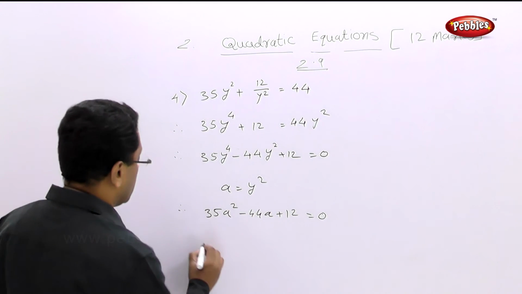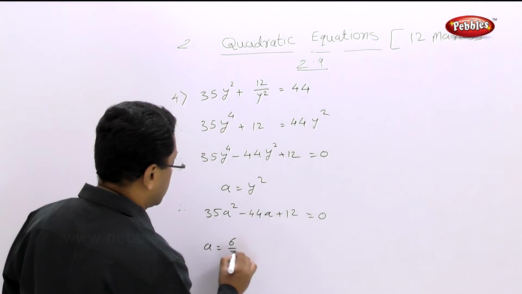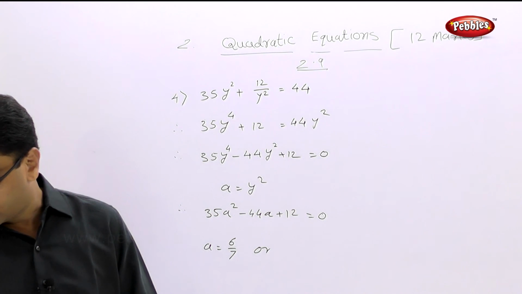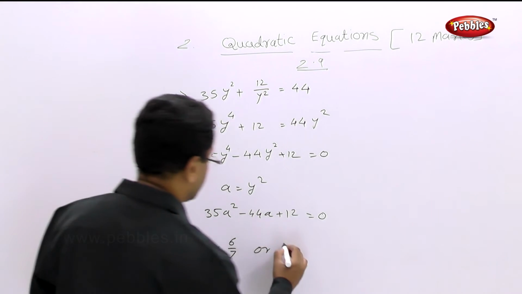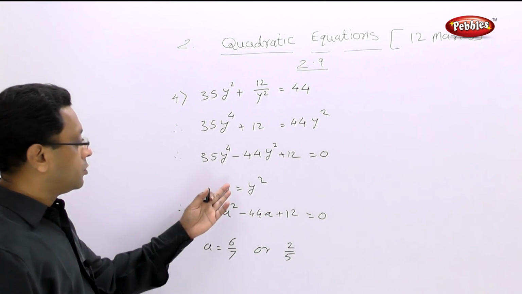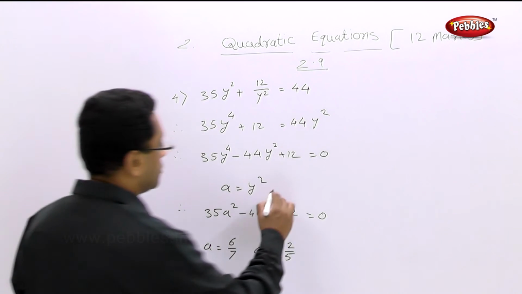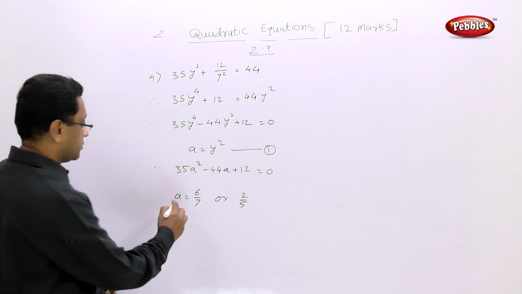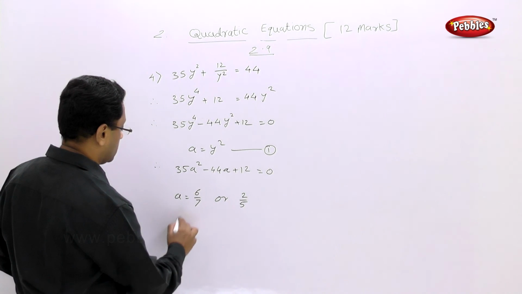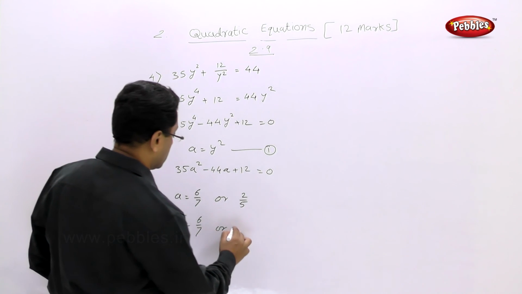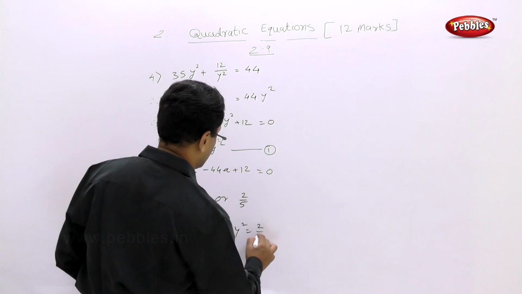Here a is 6 by 7 or 2 by 5. Now you will substitute this to equation number 1 and you will get y square is equal to 6 by 7 or y square is equal to 2 by 5,